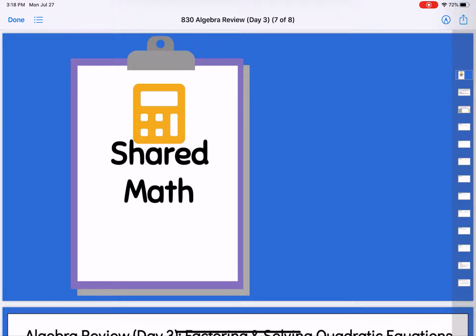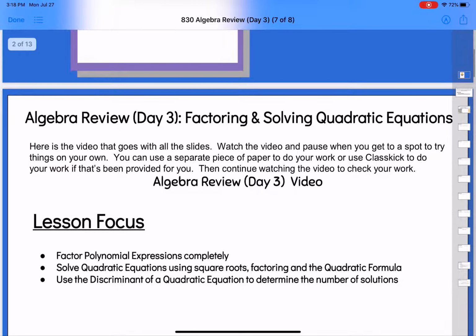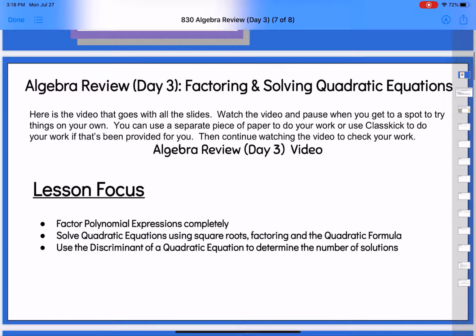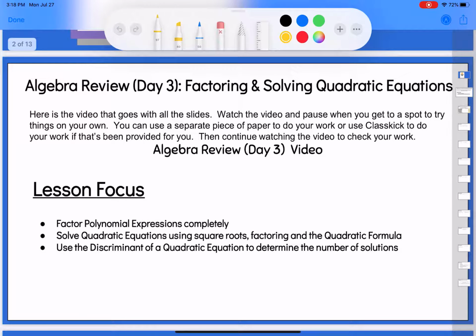Okay, our last day of algebra review here for geometry, and we are going to look at our quadratics today. We're going to remember how to factor. We're going to remember how to solve quadratic equations. If you look at our lesson focus here for today, again, it tells us to factor those polynomial expressions,